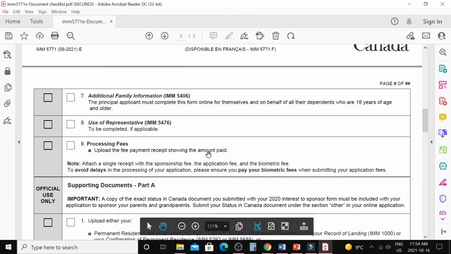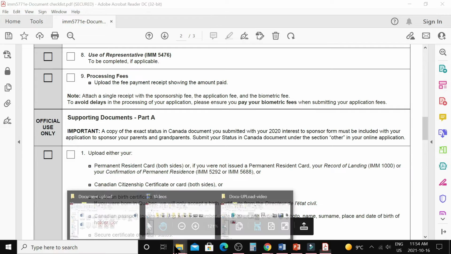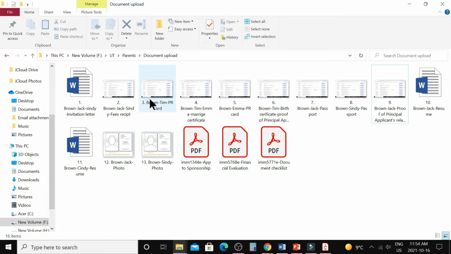Then what is the next document? It is the PR card or citizenship certificate of the sponsor. What you need to do, same again, just go here: last name, first name of the sponsor, and then PR card or citizenship certificate, whichever applies. And here is the marriage certificate of the sponsor and the co-signer. If you are not using your marriage certificate and are using something else to prove your relationship,